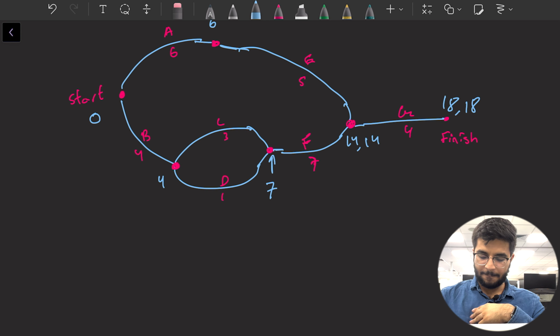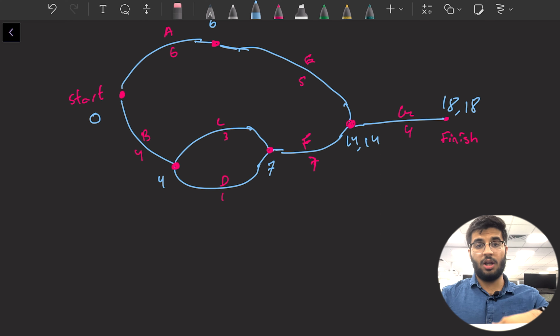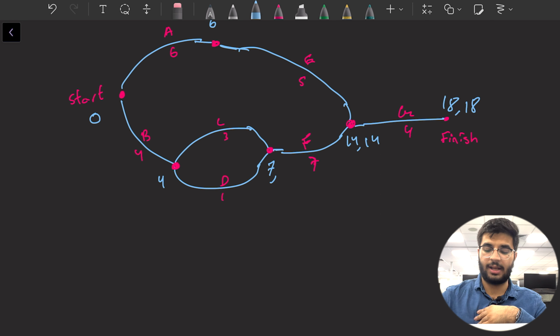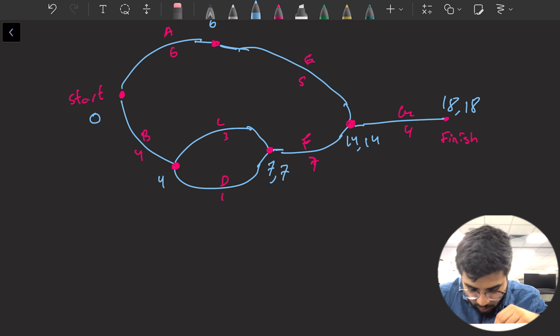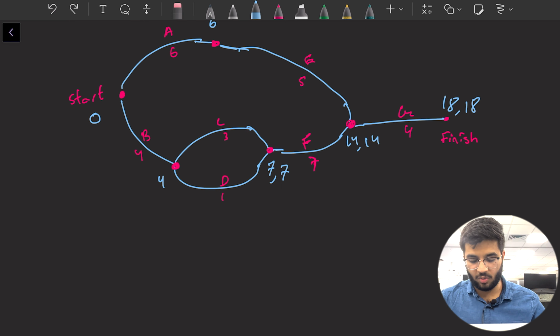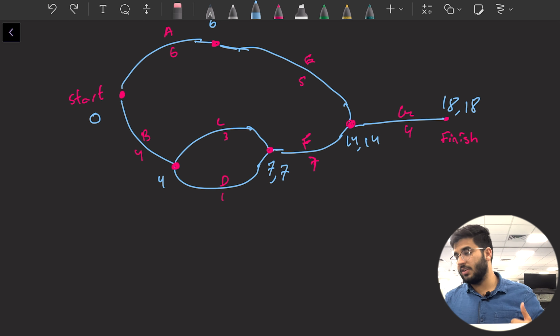Similarly, we go here, to this one over here. We have a 7 here, and we come along a 7, so we subtract 7 from 14, leaving us with a 7 here. Now, we come back to this one over here. We have a 4 where we have a 4. Now, we can go along one of the two paths. We can either have done C or done D. What we do is,